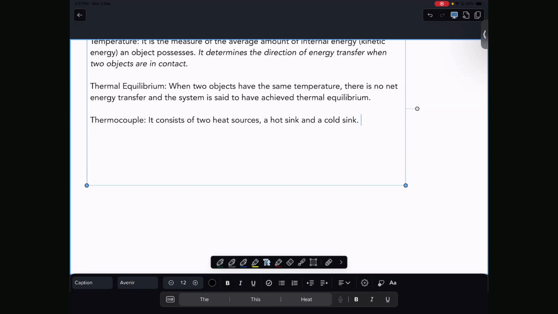Okay, when a wire is placed in these two points, difference is